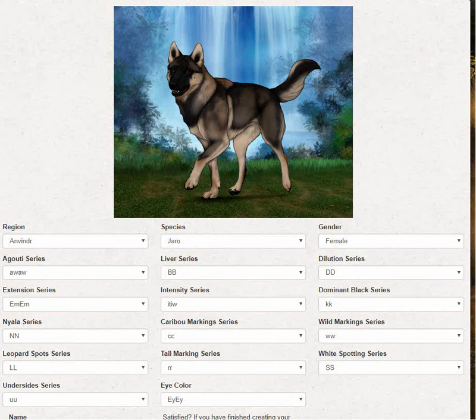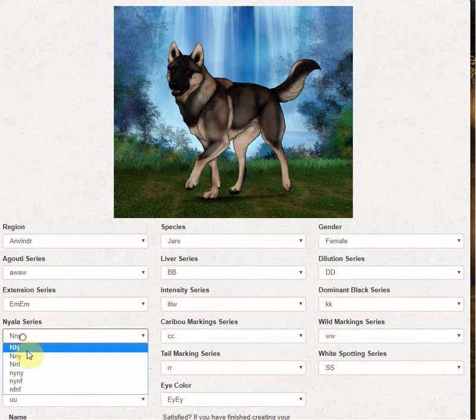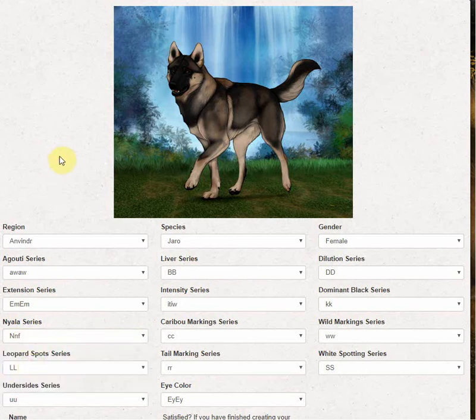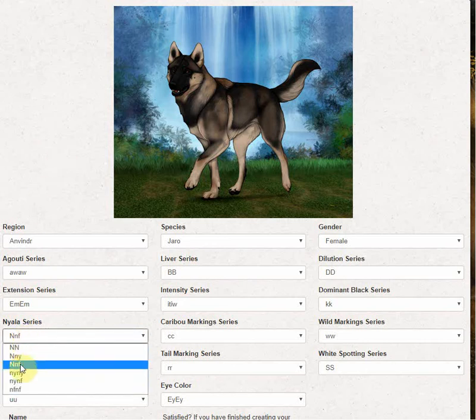So now what we're going to do is take a look at the Nyala series. With the Nyala series, you have no change there. So capital N means nothing, and then NY means Nyala gets passed on, and F means fallow spots get passed on. So if we go to lowercase NY,